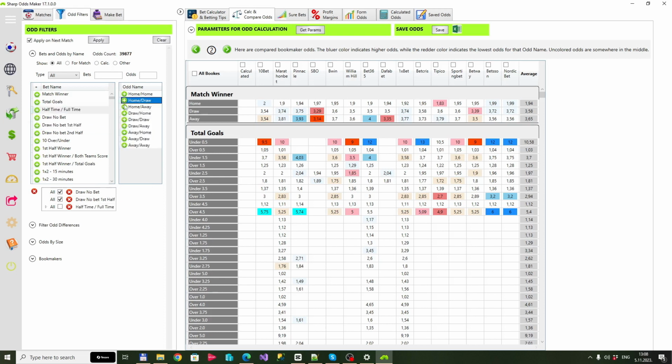We can add multiple bet names and odd names for filtering. The selected filters are visible at the bottom of this filter type. We can remove individual filters for odds, bet names, or clear the entire filter by clicking the main X button.